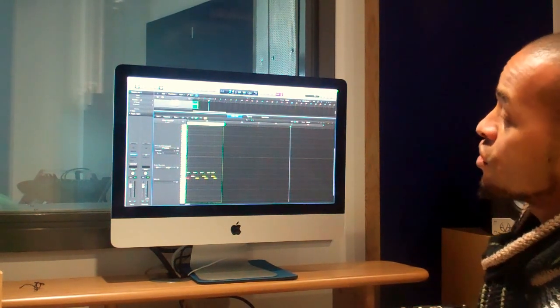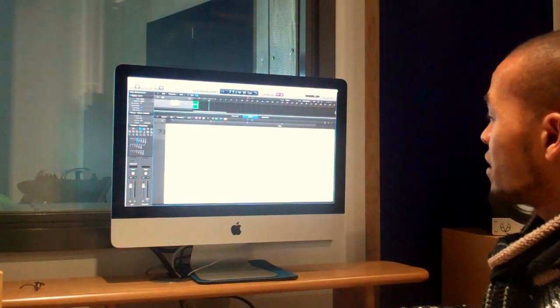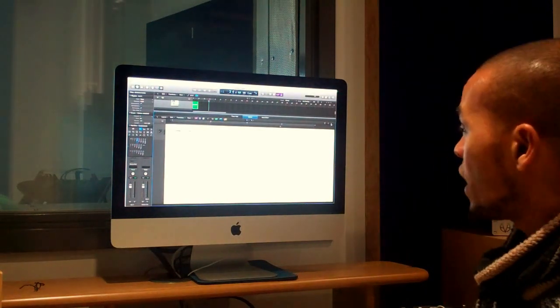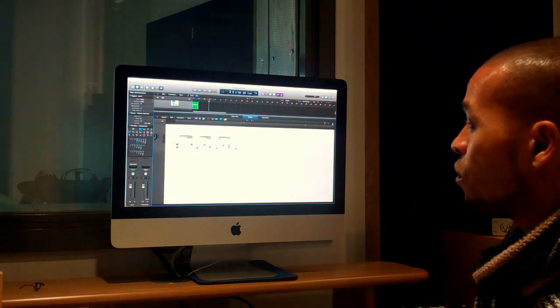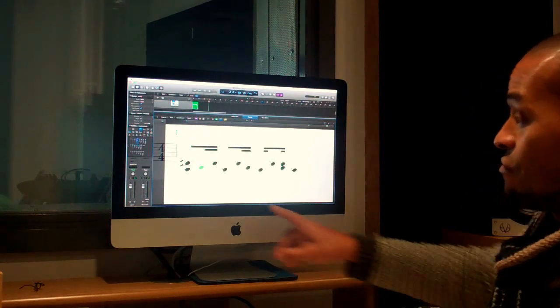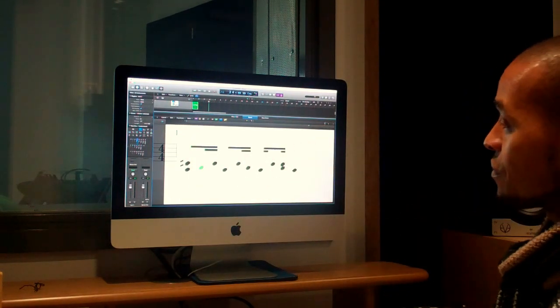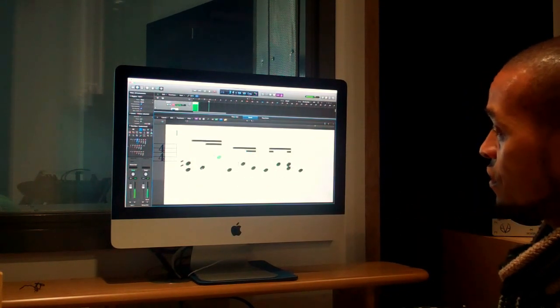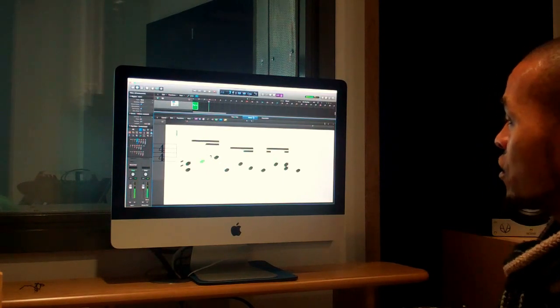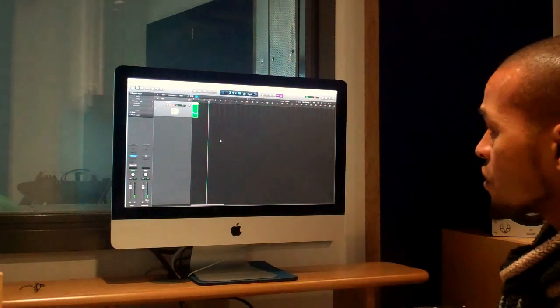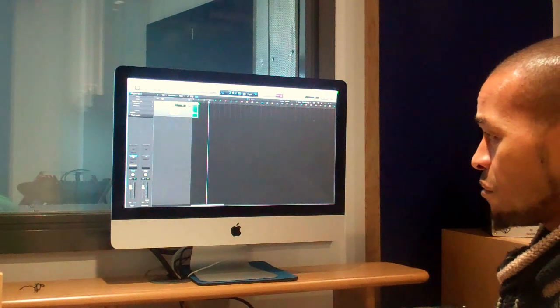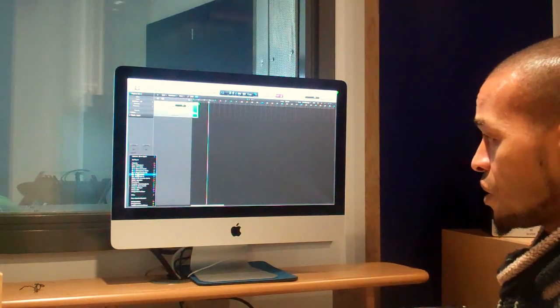Let's have a look at the score, because though this is not scoring software, there is dedicated scoring software. What I just put in there are musical notes on a stave, and I can shift stuff around in that way. So let's just change that sound. Those same notes that I've put in, I'm now going to make it be a piano,